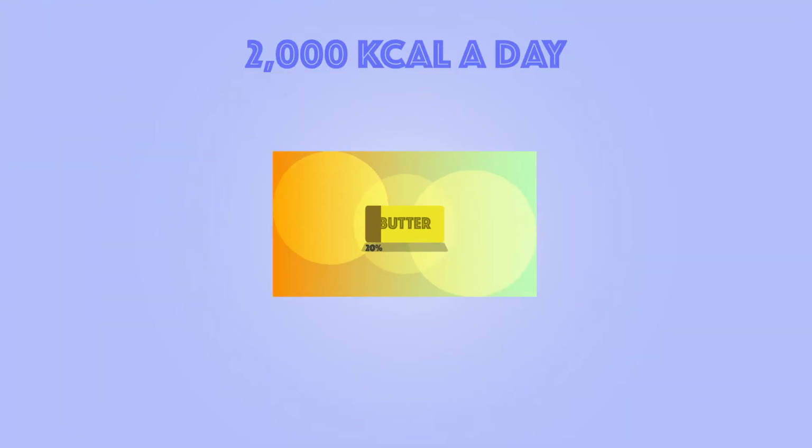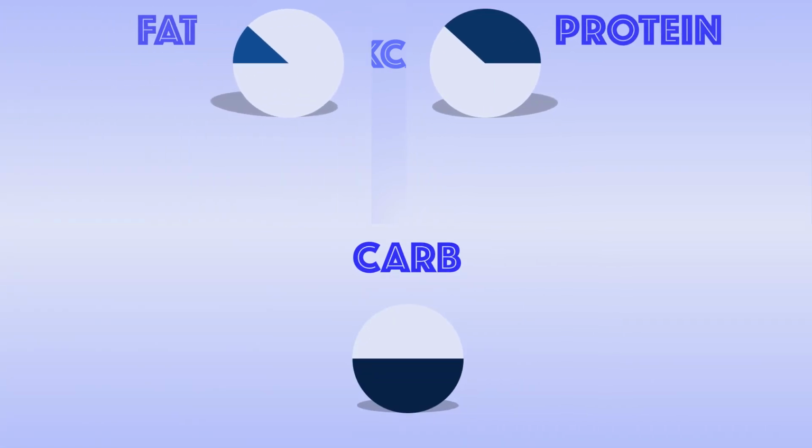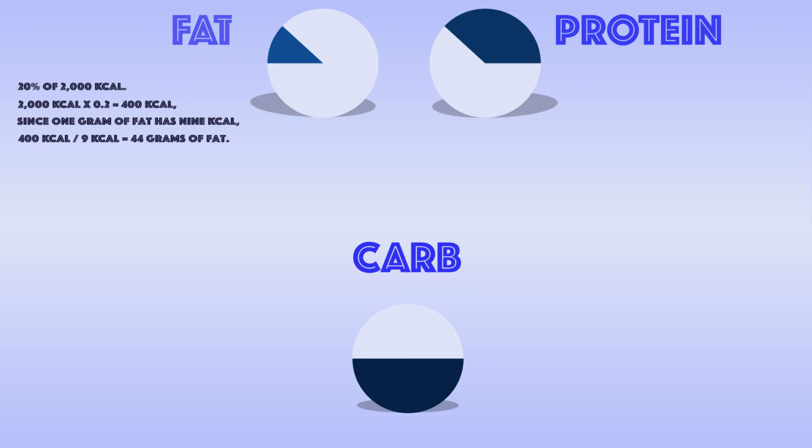Using a BMR of 2000 calories a day as an example, to figure out how many grams of carbs, protein and fat are needed, you will have to figure out your fat intake first, since you have been told that your fat should make up 20% of your daily calorie intake. Multiplying 2000 calories by 0.2 gives us 400 calories. 1 gram of fat has 9 calories, so 44 grams of fat is needed in a day. Now, coming down to protein.